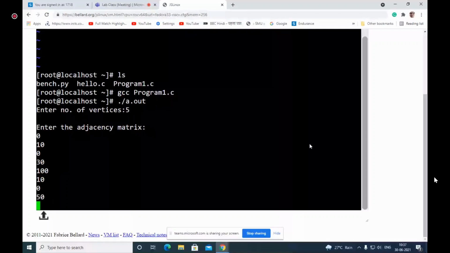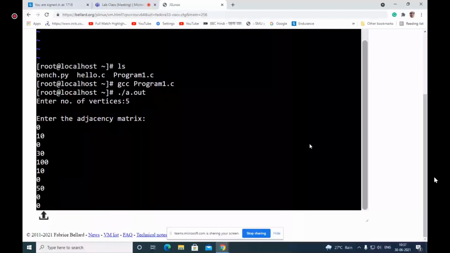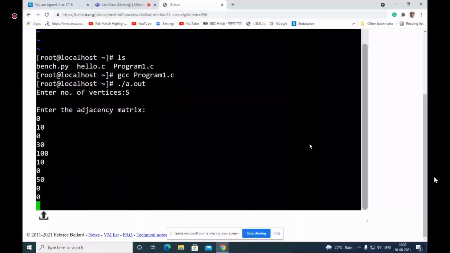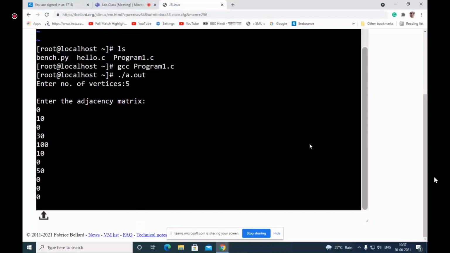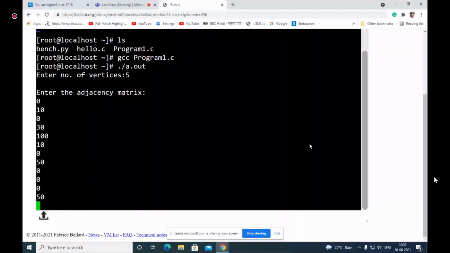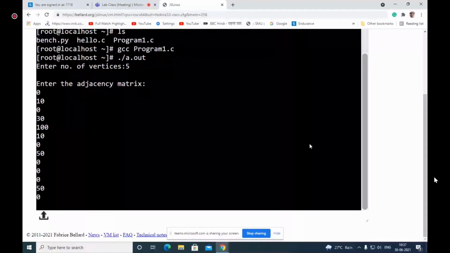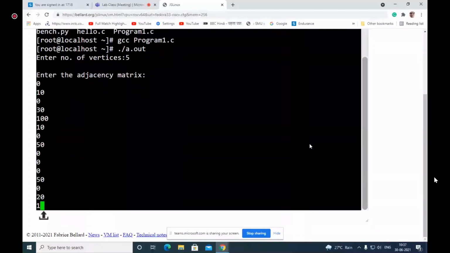Now starting from 2 as the source node, destination 0: there is no link, so 0. 2 to 1 is 50, 2 to 2 is 0, 2 to 3 is 20, 2 to 4 is 10.